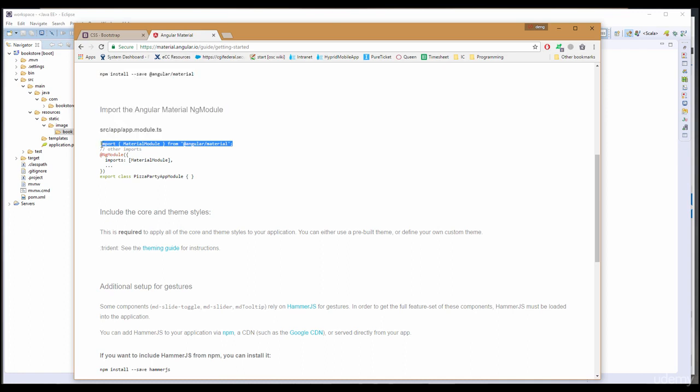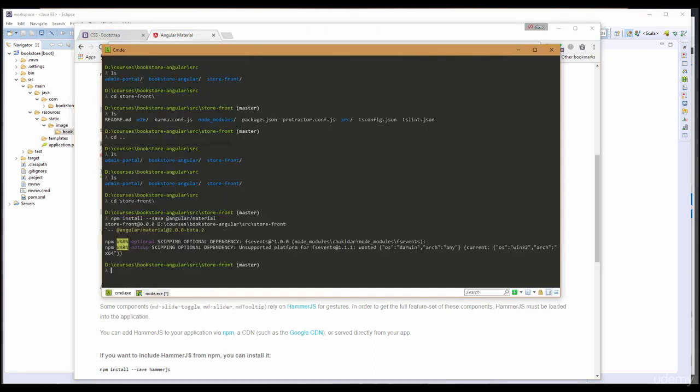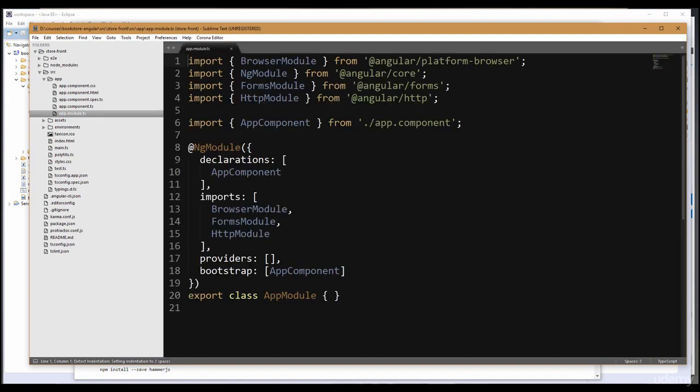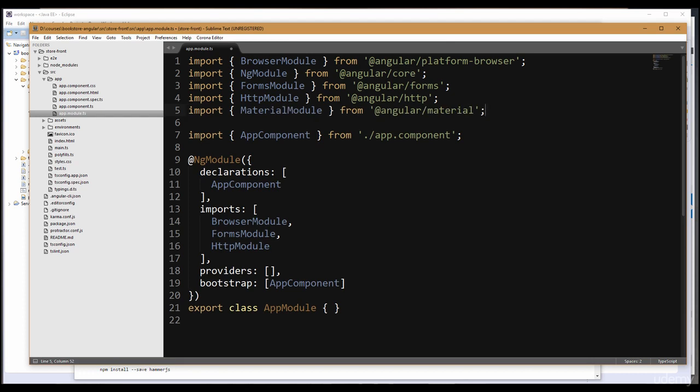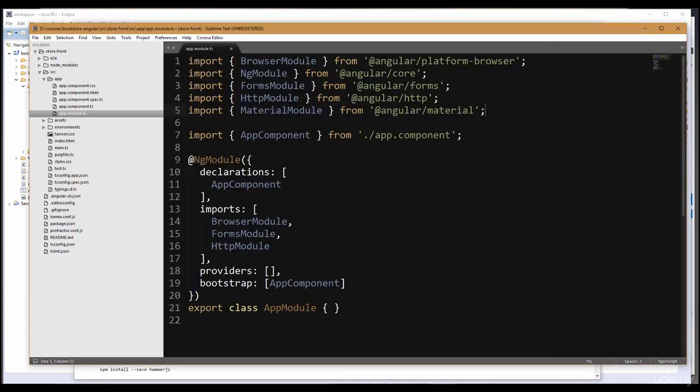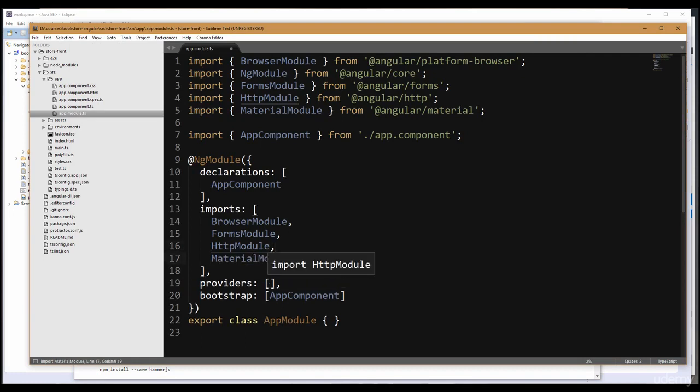One is in the app.module.ts, we need to import that. So let's open our text editor to edit the current folder. We're gonna go to source app.module.ts to import the material module, and also we need to provide that in the imports, which is here. Okay,